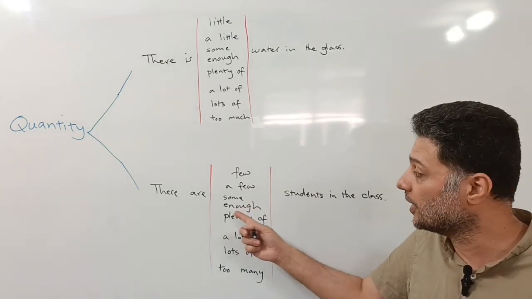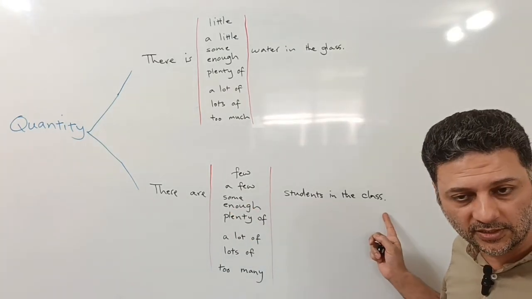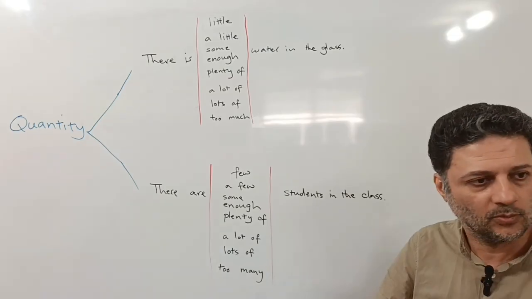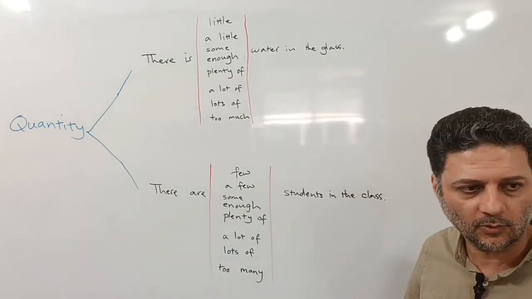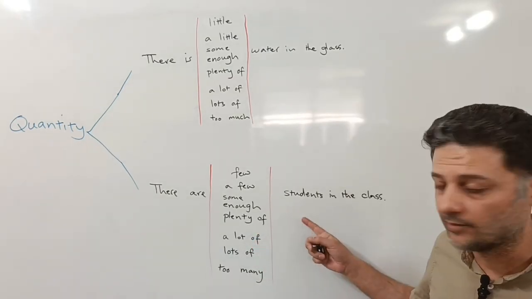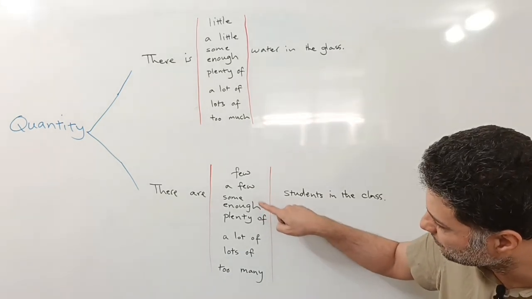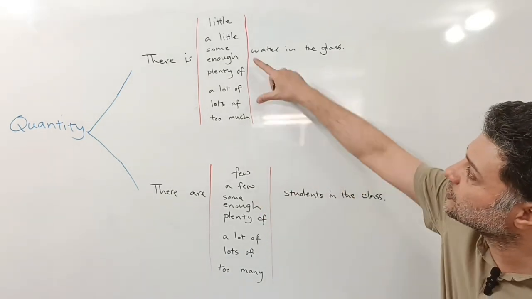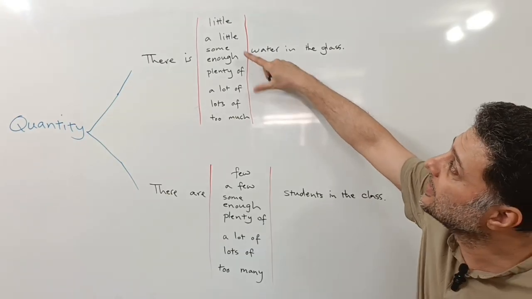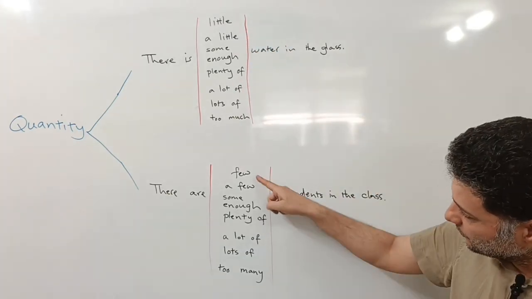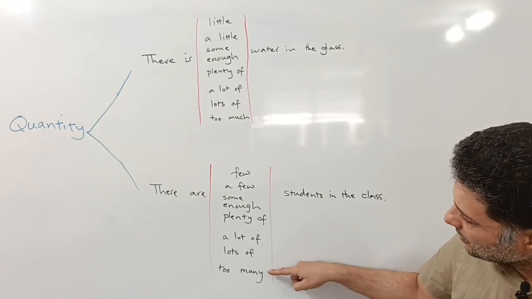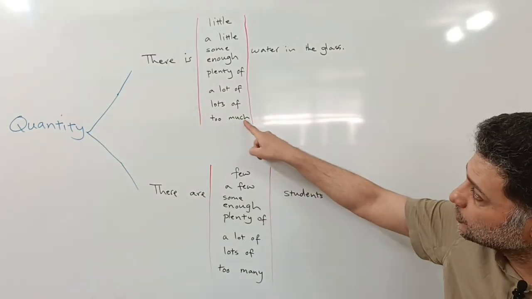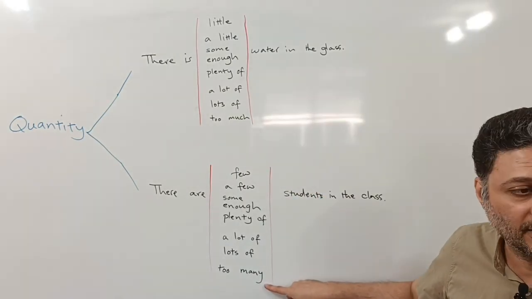And there are enough students. There are enough students in the class, all right? We know there are enough, so the class can go ahead. And then there are plenty of. Again, you can see enough, some, plenty of, a lot of, lots of, just like these. The only difference is a little, few, and instead of too much, we use too many, okay?